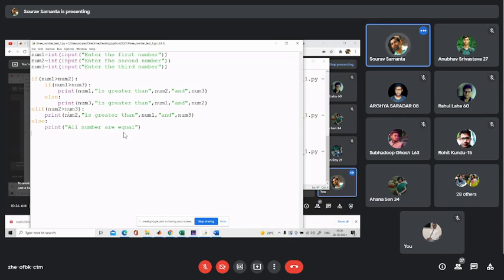Then what will we do? So we can add another elif condition with num3 greater than num2. That will work.